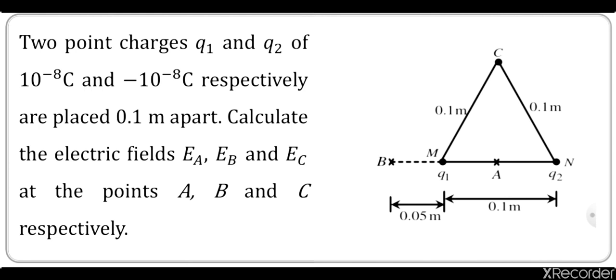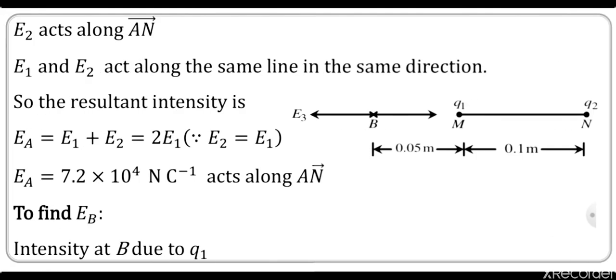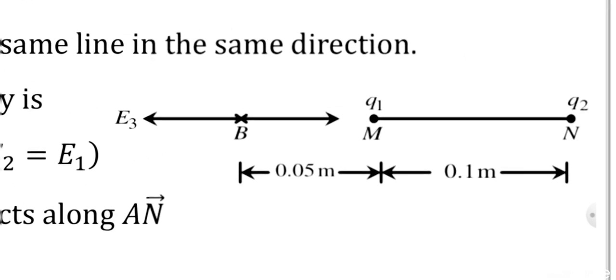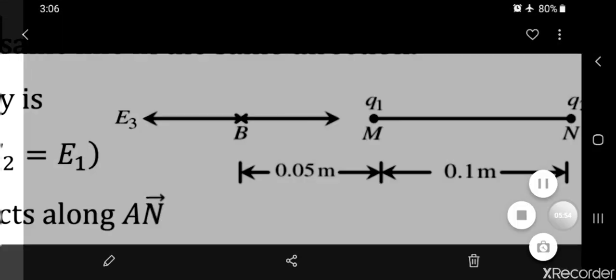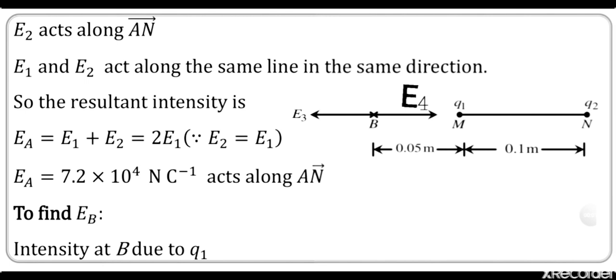But the Q1 is at the closest distance to the B, right? From this, we get that the electric field from Q1 is more than the electric field from Q2. Observe the picture. Here in this picture, this is the point B, Q1 and Q2. You can see the E3 there, which is going outward, that is from the charge Q1. And there is one more arrow mark, you can take it as E4.